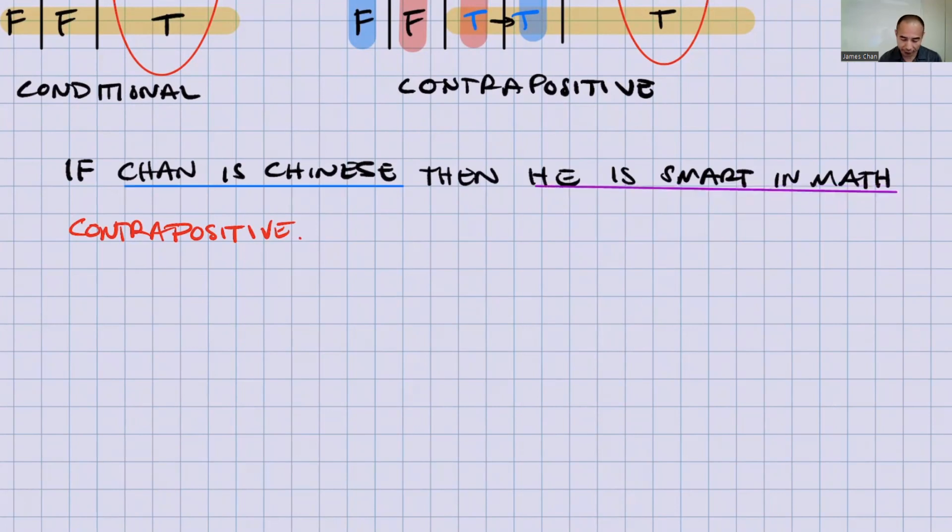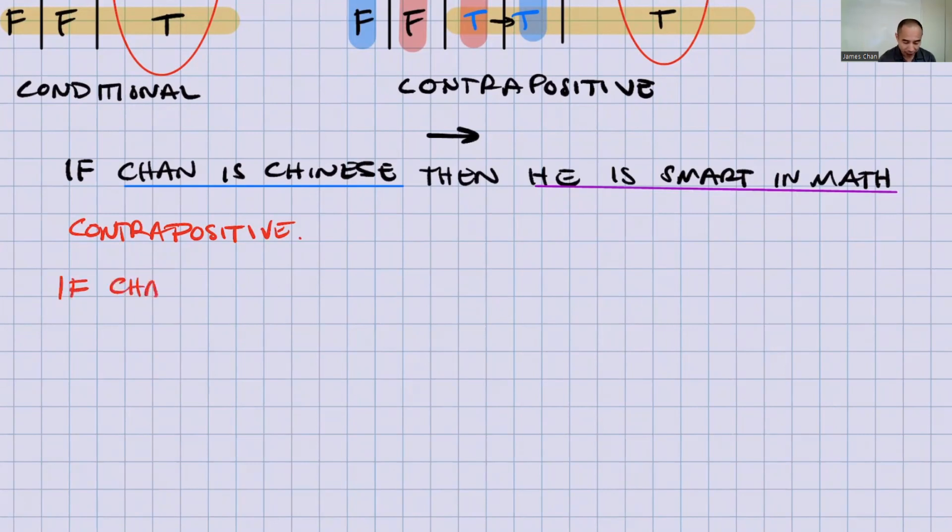You see my two statements right here, right? Because you see the if and the then. So I know that this is going to be this, right? So now I got to take those two statements, switch them, and negate them. So this would be